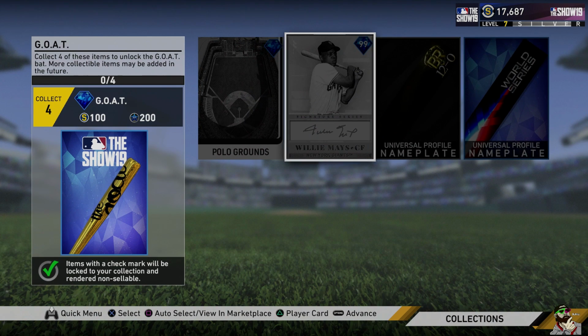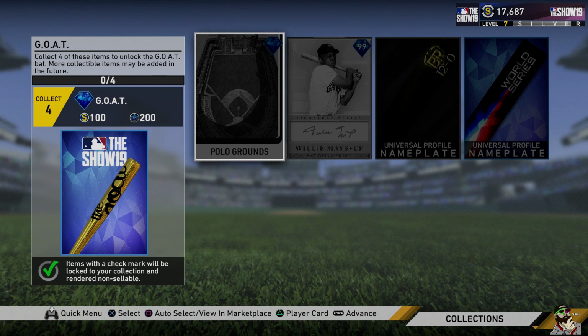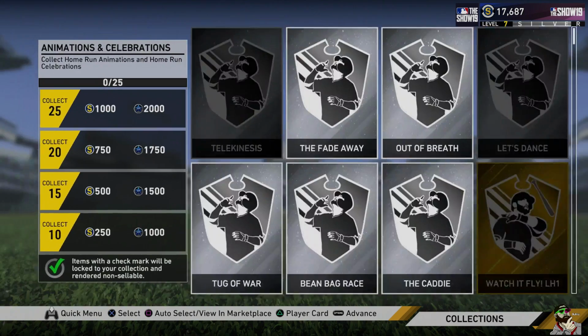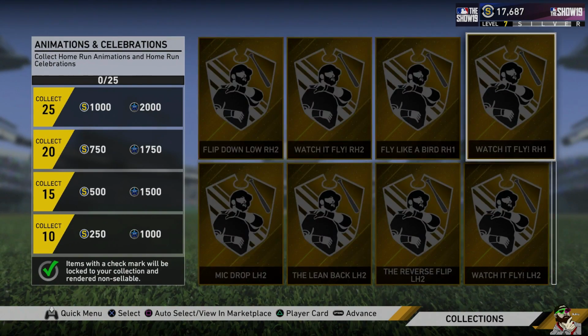Like the GOAT, obviously, is something you will do if you can get 12-0 BR World Series. You have to do the Polo Grounds too, but it's just kind of a way to flex on people. You got to do the entire Live Series collection for that, which is insane. But Animation Celebration, I think it's just better off, like, you could do like 10 or something, get the silver, but,